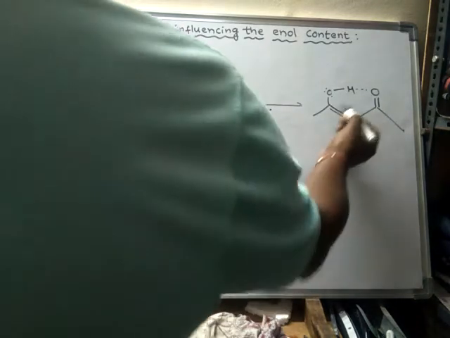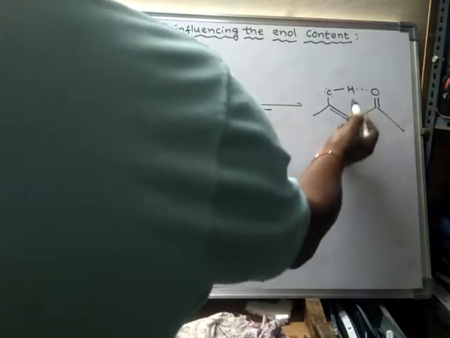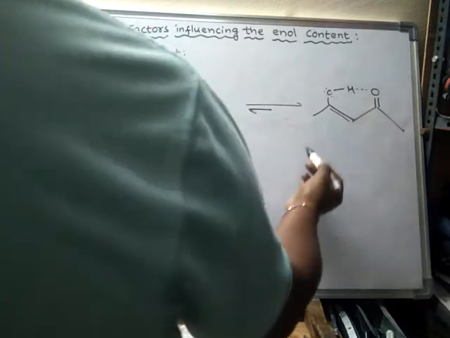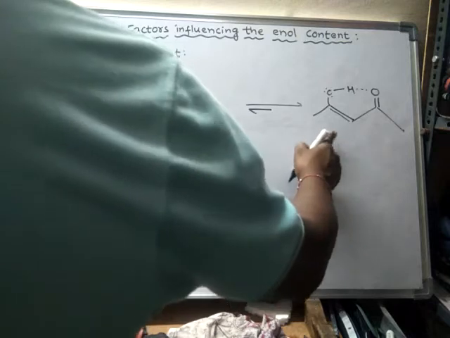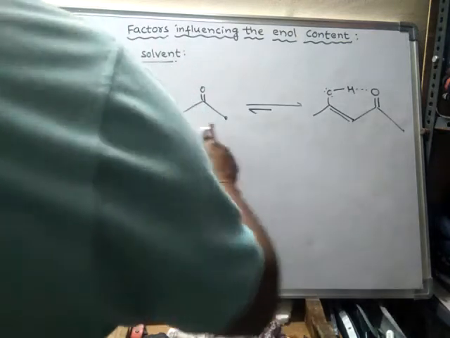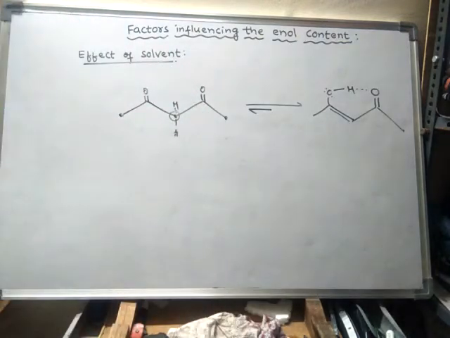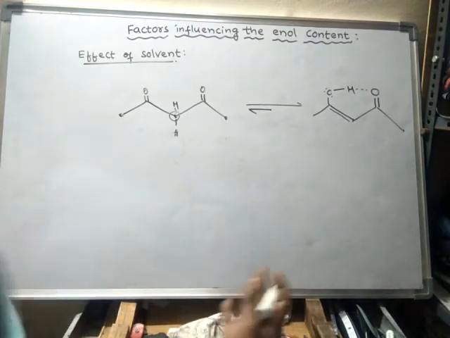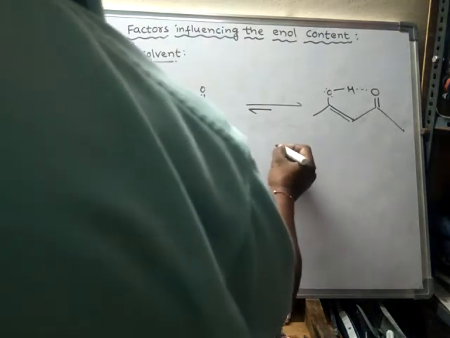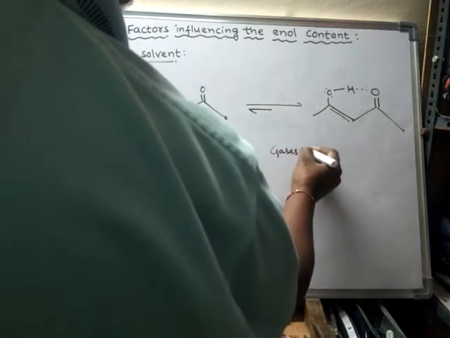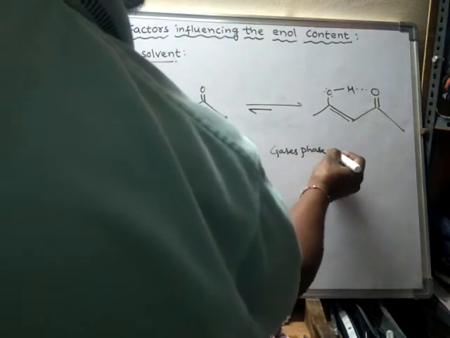Okay, so that is why. So this compound, as hydrogen bond is formed, what happens? This compound will be in major extent when compared to this one. Suppose these two are present in equilibrium. Generally we take them in liquid state, but if you convert this into gaseous phase, what happens?